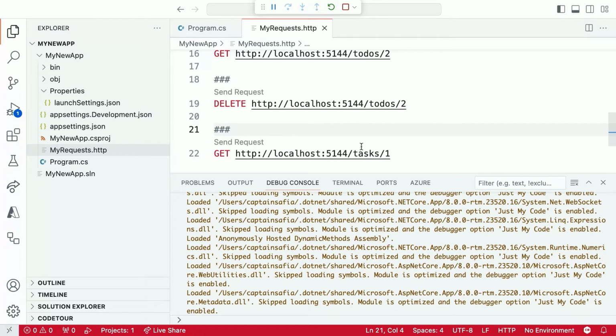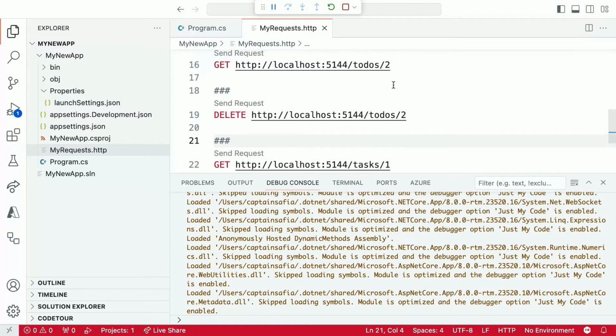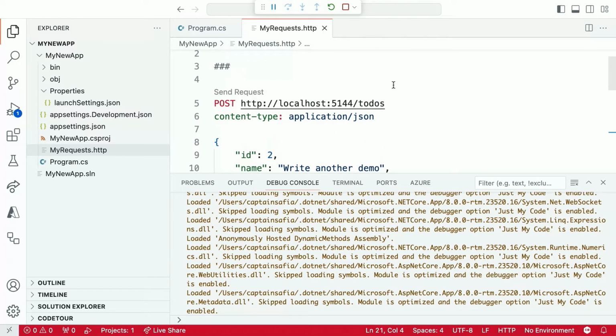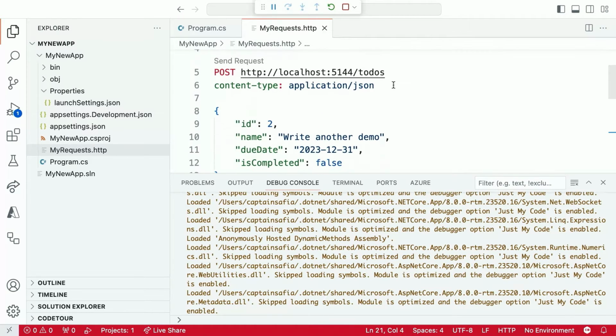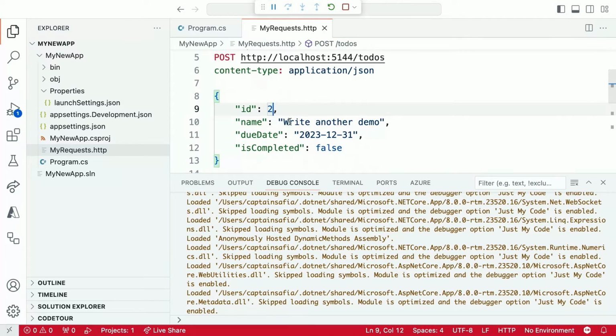Now we can send the request, but as you'll recall from the third video in this series, the list of to-do items that is stored in our application is stored in memory. That means every time I stop my server, that list is cleared away. So our list is presently empty. What I'll want to do is populate it with new items. So I'm going to scroll back to the request that I used earlier, change this back to ID 1,